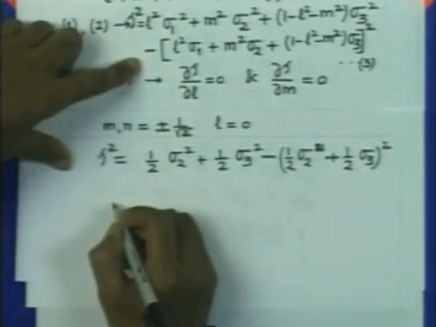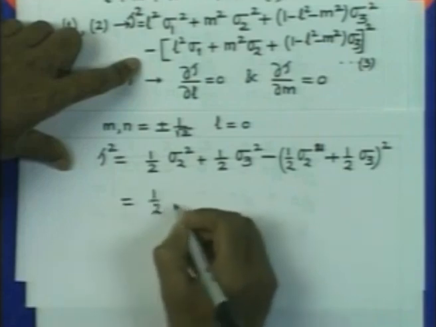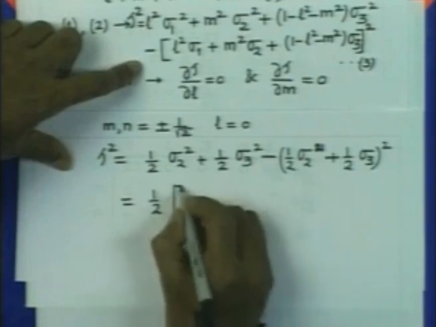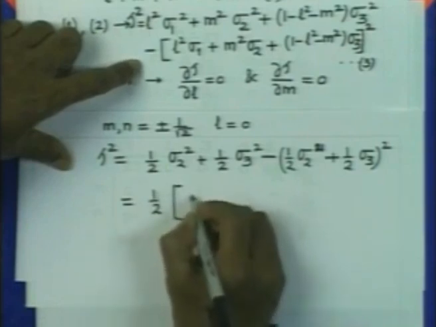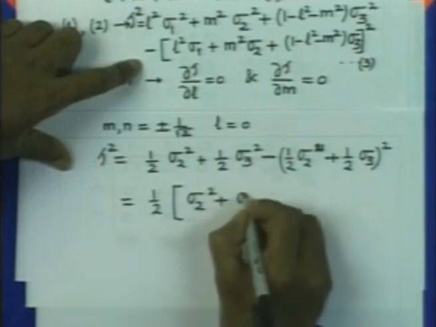So, once you simplify this, this is going to be equal to half, we can take common half and it will be sigma 2 square plus sigma 3 square